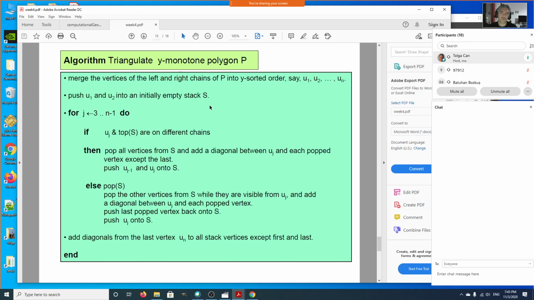Initially, we put the first two vertices on the stack, and for the remaining vertices, this for loop goes over them once in linear time, starting with the third vertex and going all the way to the vertex before the end vertex. What we do is, if the current vertex that we process